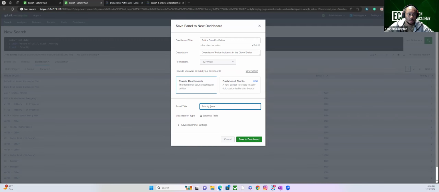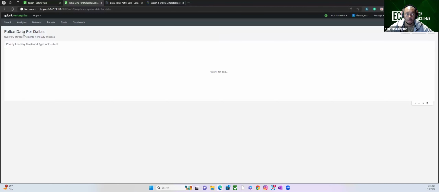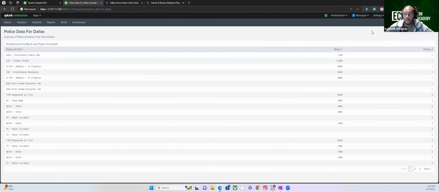Priority level, by block, and type of incidents. Say, put me dashboard. Let's see if we can do this as a